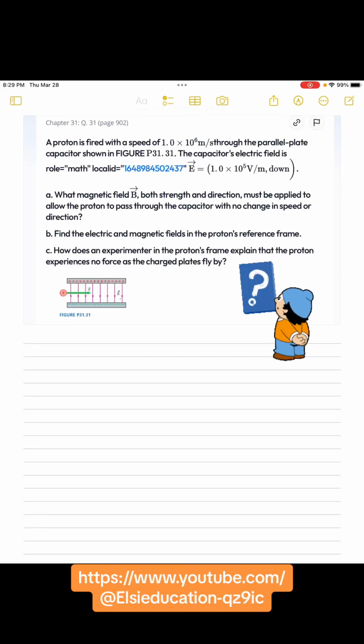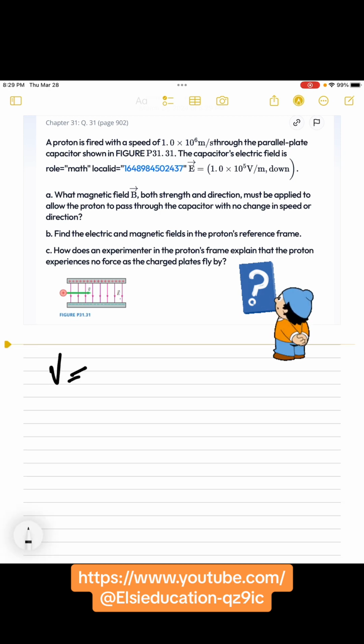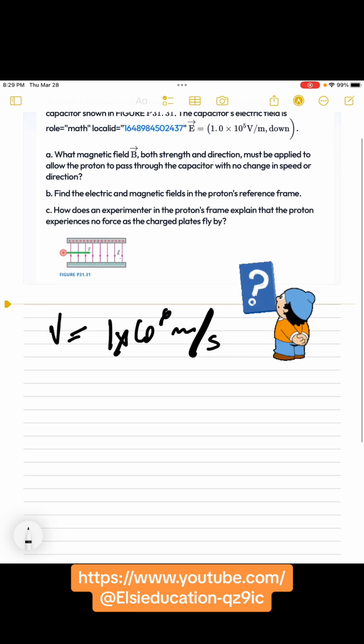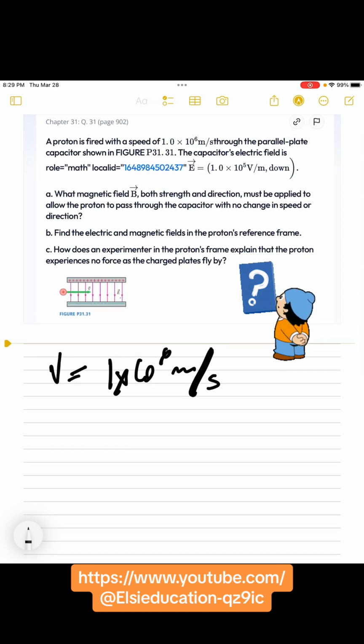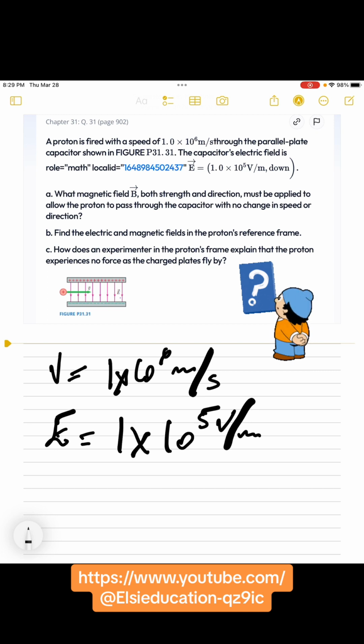Okay guys, welcome back. Number 31, we have a proton that is going to the right inside a parallel capacitor at a speed of 1 times 10 power 6 meters per second. There's a positive and negative plate on both sides. The electric field in the capacitor is 1 times 10 power 5,